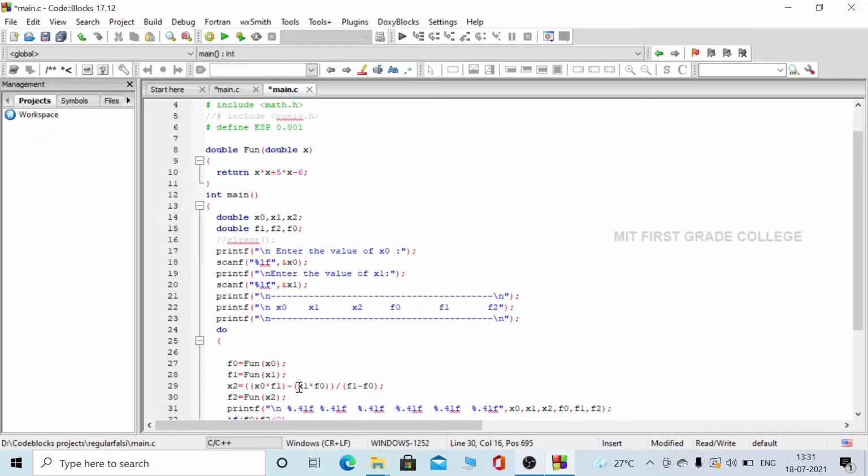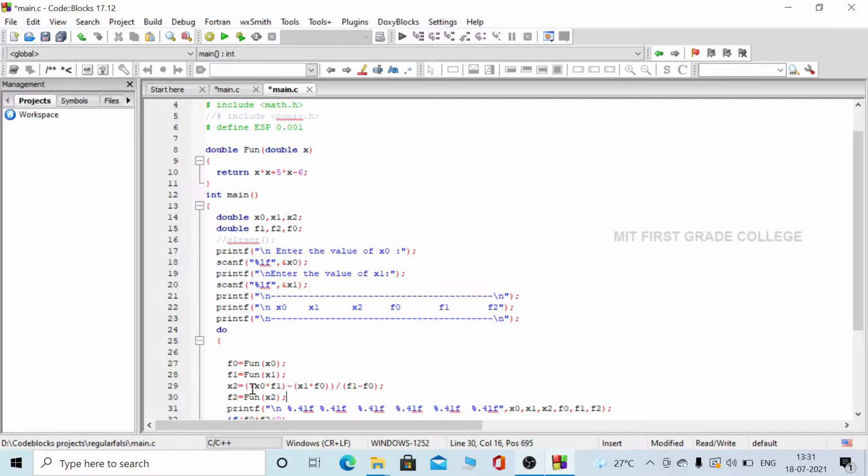Here the falsi position is represented by x2 and the formula used to find it is x naught into f1 minus x1 into f naught, divided by f1 minus f naught. So this is the formula we'll be using, and the value is stored in x2.